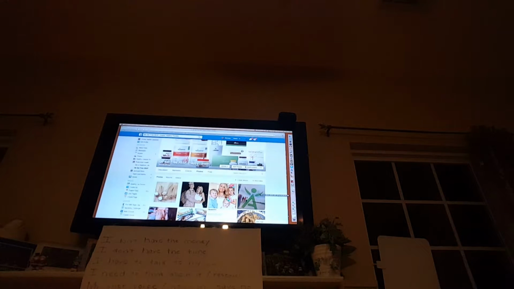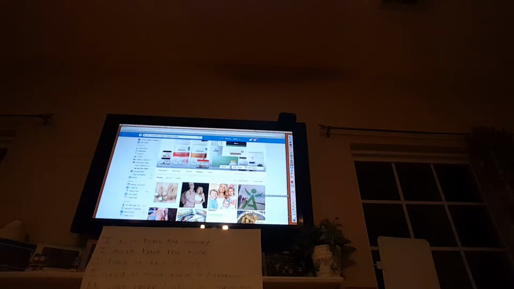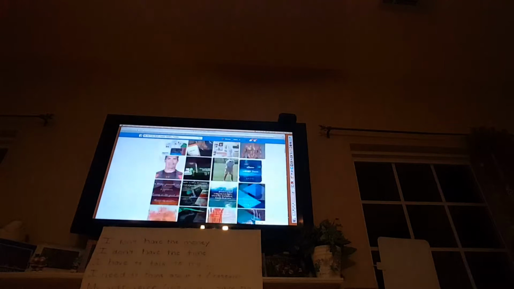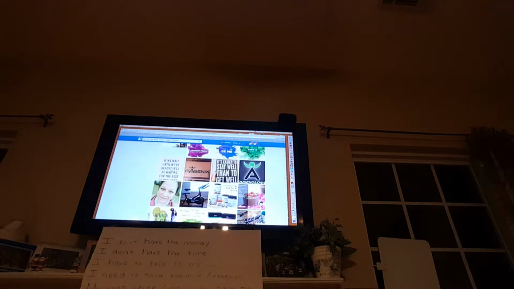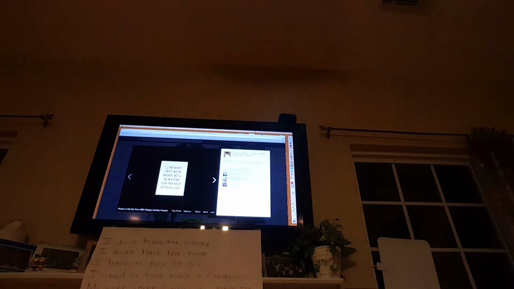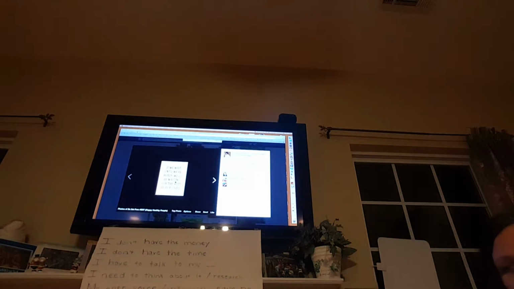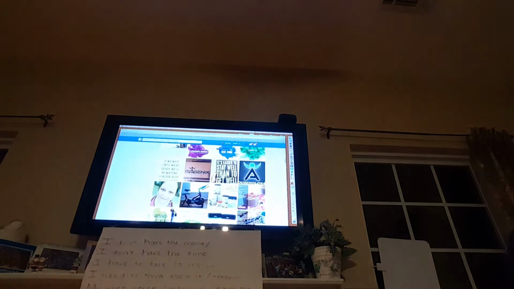Once you get this cycle down, I can knock out posts like this. Like Martina was asking, in a half hour a day, I could welcome 30 people. I could put 30 posts in 30 minutes, because I've done it so many times that I don't have to think about it. I could just click 10 posts right away, right click it, save it. I could call it something, or I could just call it one, and then grab another one. You just right click it and it saves it on your computer.